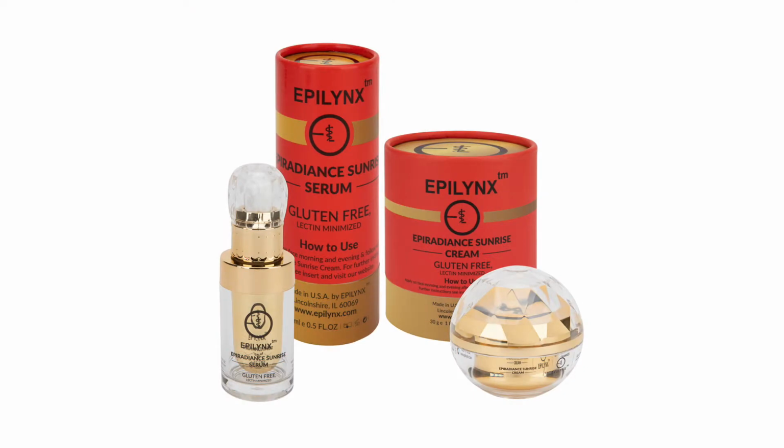It comes with the serum and it comes with a cream. What's great about this skincare is it has really important ingredients for your skin. It has hyaluronic acid and it has niacinamide. Those ingredients help for hydration, moisturizing, redness, reducing the size of your pores, just all around great ingredients for a